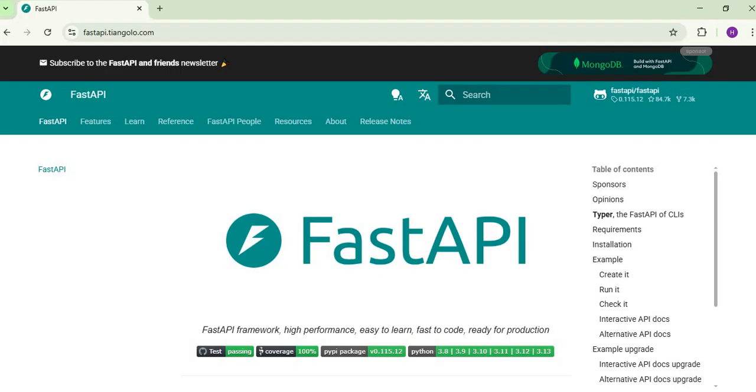Microsoft used it for internal projects and APIs, and Intel used FastAPI for handling hardware performance data. And here the question arises: when to use FastAPI? You can use FastAPI when you want to build REST APIs, you need fast performance, you want easy validation